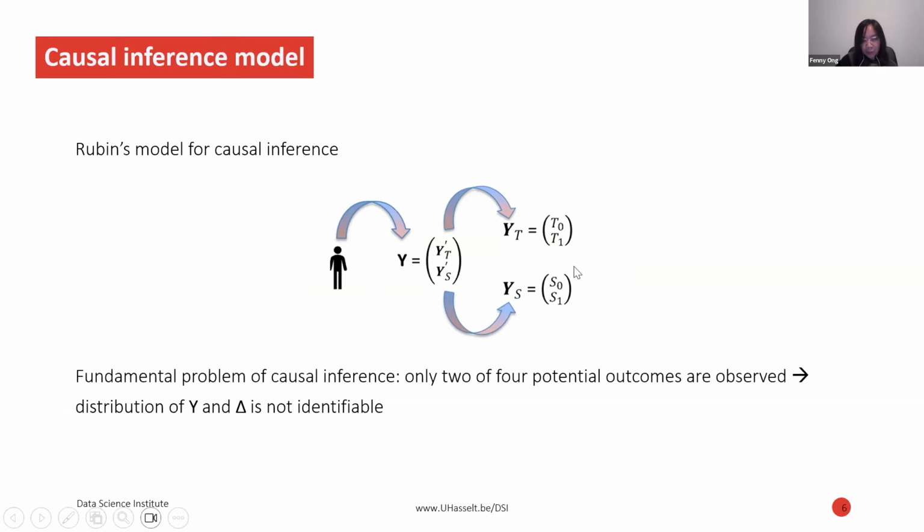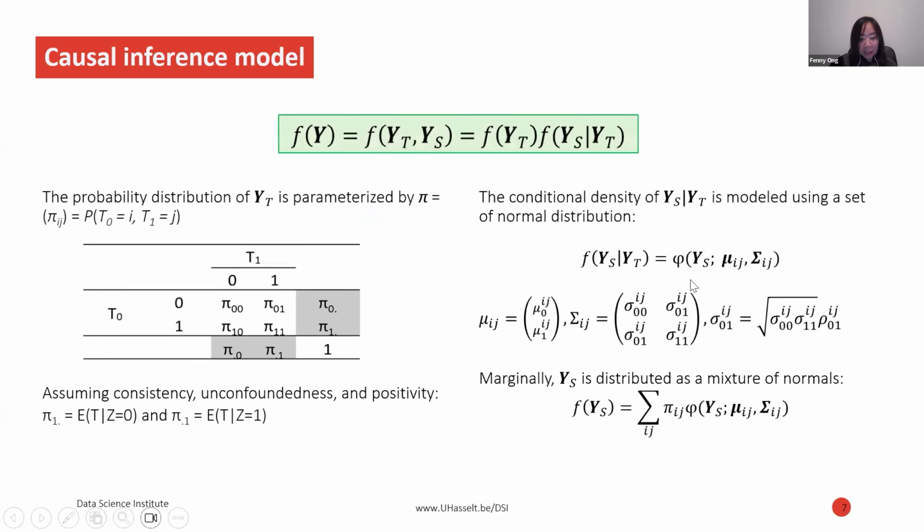And for this type of model, there is an inherent fundamental problem of causal inference, where out of four potential outcomes, only two are actually observable depending on the treatment that is received by the individual. And this situation makes the distribution of Y and delta not fully identifiable. So our causal inference model is defined as this decomposition of the joint distribution of the potential outcomes into the